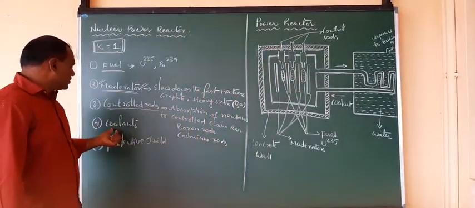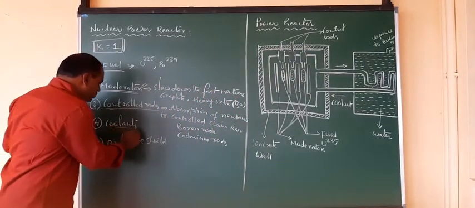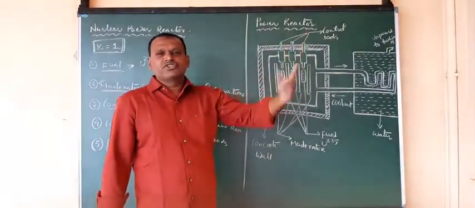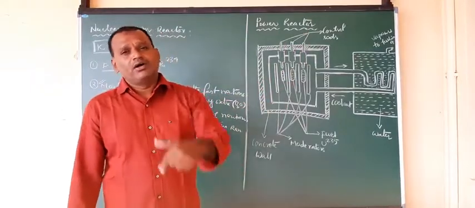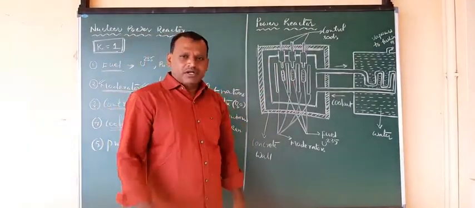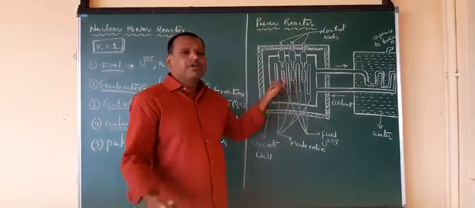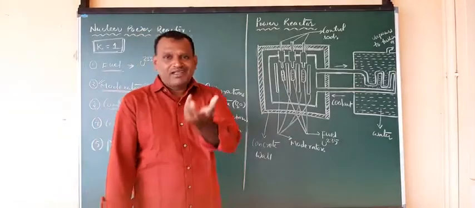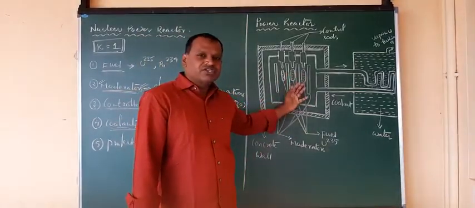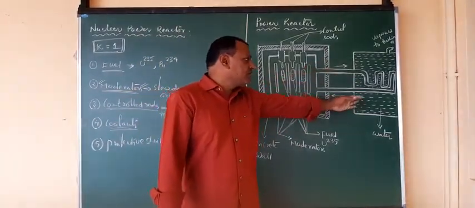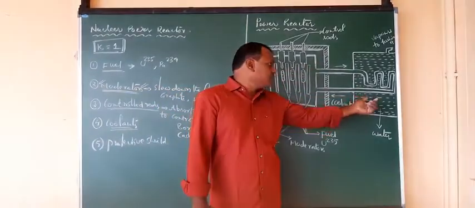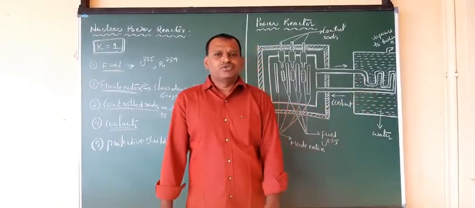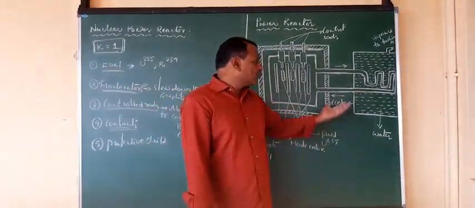And the next one you can see is the coolant. The coolant's functionality is this: during these reactions an enormous amount of energy is liberated in the form of heat, and also light or sound, different observations I already mentioned. So where does that energy go? That energy is absorbed by the coolant. The coolant takes the heat energy produced during these reactions, and generally you can use water as the coolant. Normal water we can use, or also molten sodium.